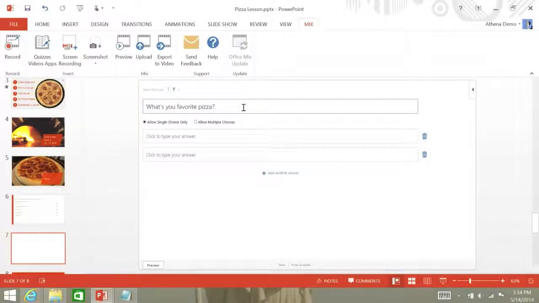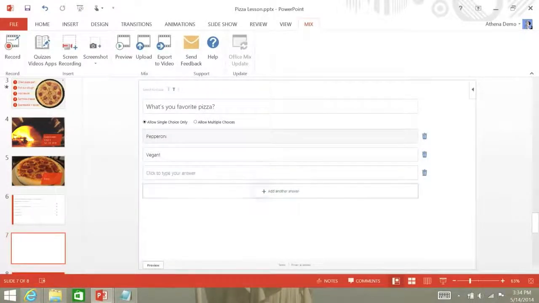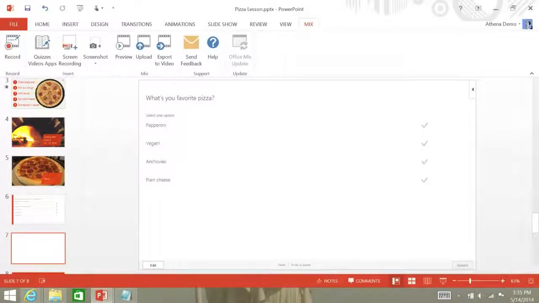So maybe we start with the standard, and something like vegan. And we can add a few more fields and say, I don't know, anchovies. Suggestions from the audience? Blue cheese? Plain cheese. All right, yeah, that's better. There we go. And then I can get a quick preview of what the student will see,